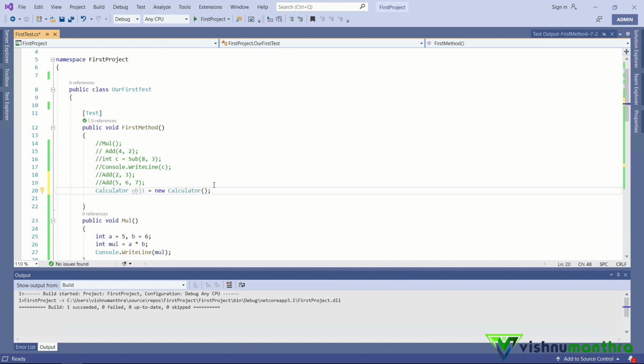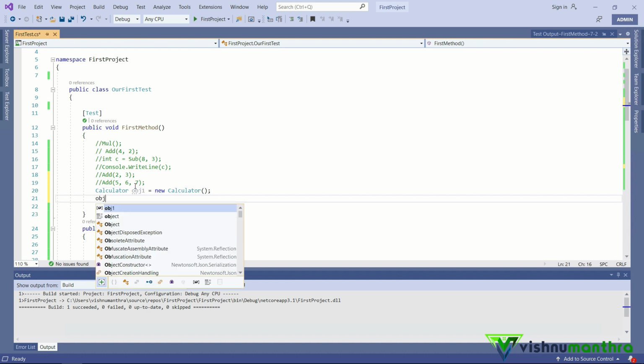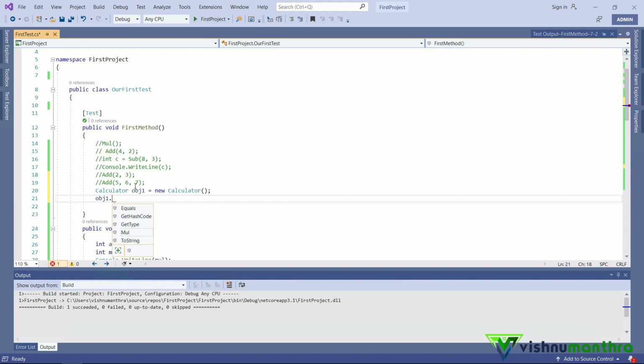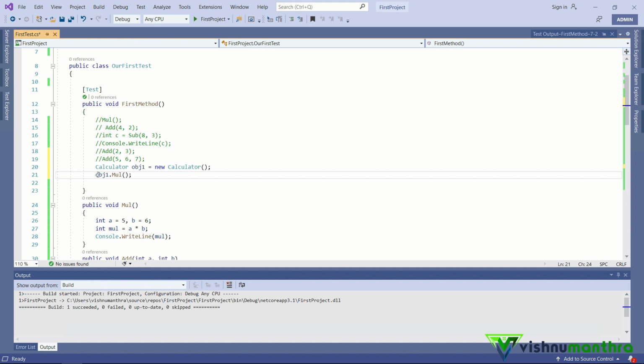Now we can use the method inside our class. How? Using the instance. So we have the object and you can see it already shows us the method name, and I am going to call it here. Now it will print whatever we have given inside this class. So we are using the method inside the class with the help of an object.